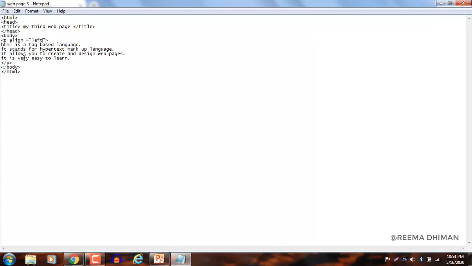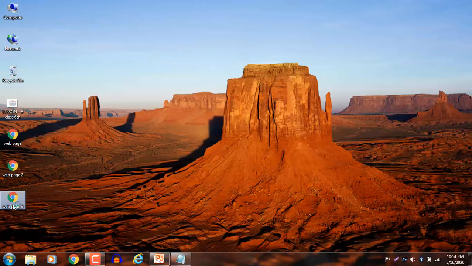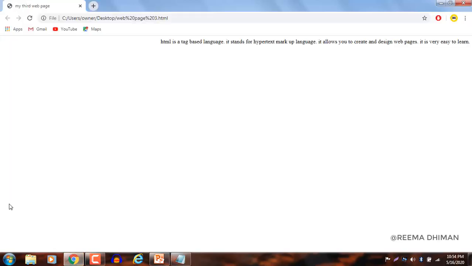Next, we will write here right. If we want to align our text towards the right side, press again Ctrl plus S to save the changes. Go to the desktop. In this case, your text is aligned to the right side of the page. Clear?